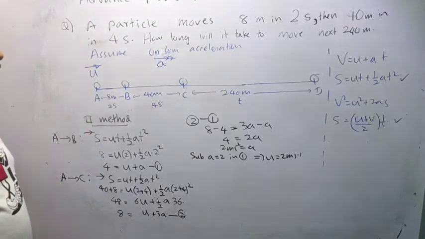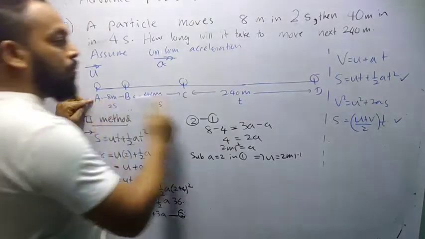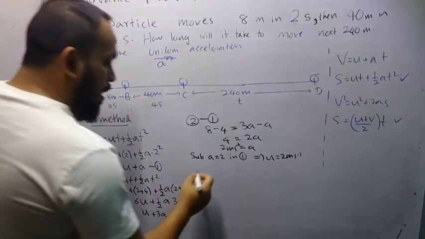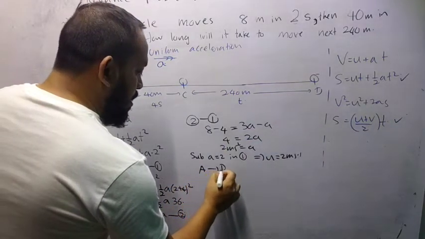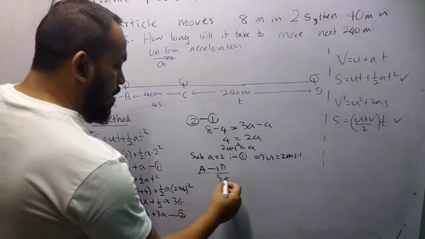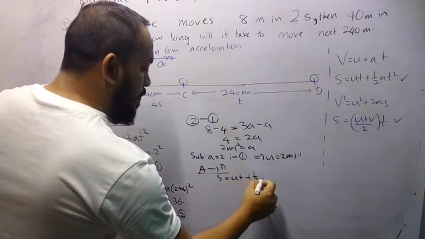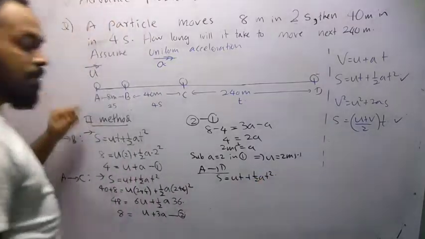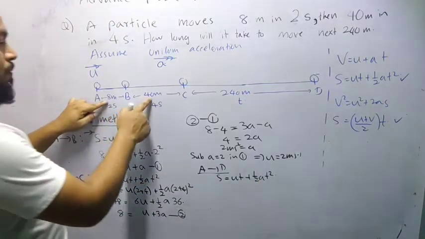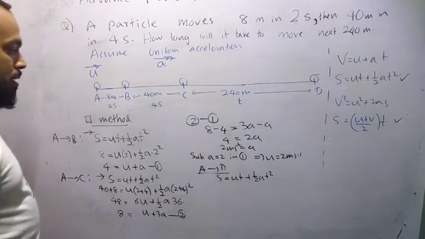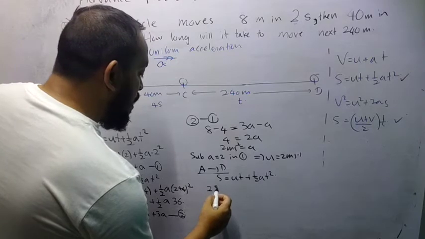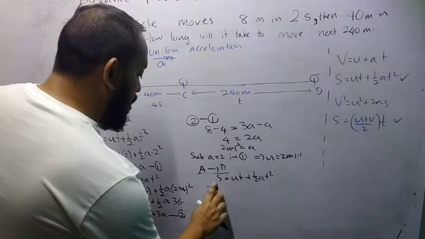Now let's directly consider from A to D, successively. Considering A to D motion, s equals ut plus half at squared. Using the same formula, I'm going to use 8 plus 40 plus 240, that is 288, right? 288